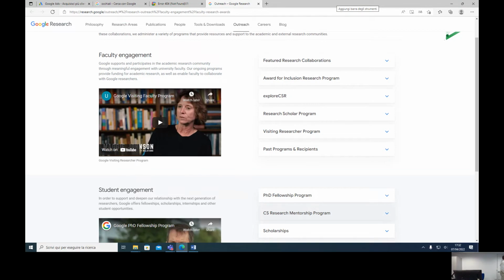So if you have some ideas of projects, of business, of things that you want to do research on, go through this website, Google Research. It's really not complicated to apply for this money, quite easily between 20 and 40,000 euro